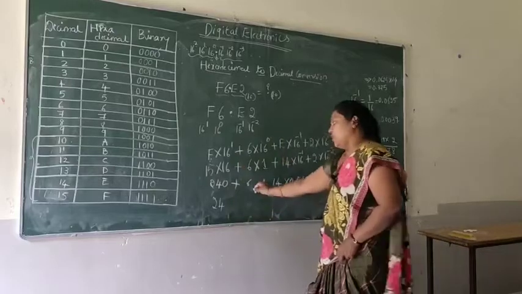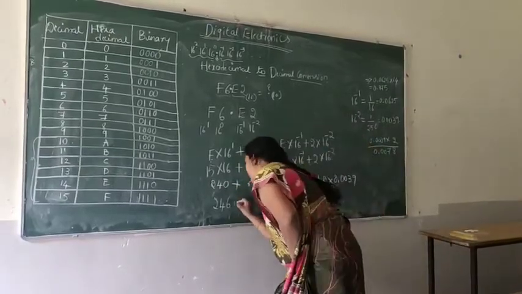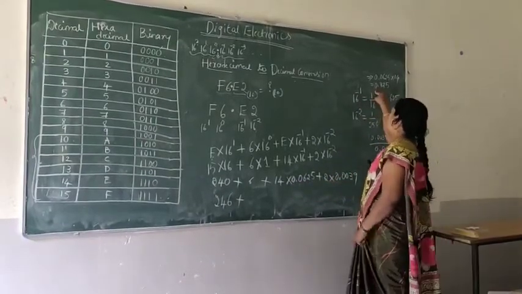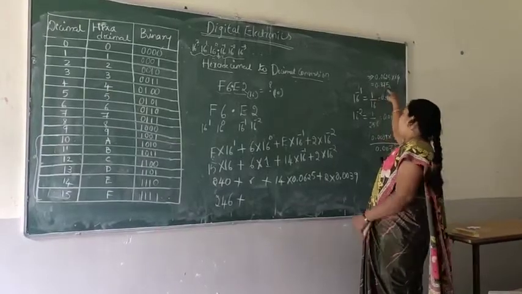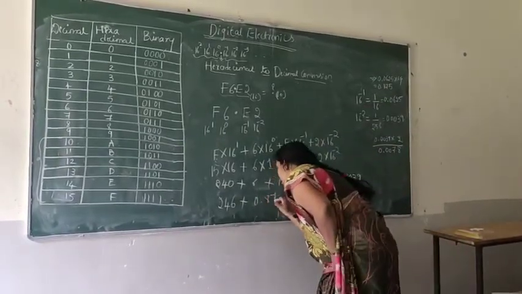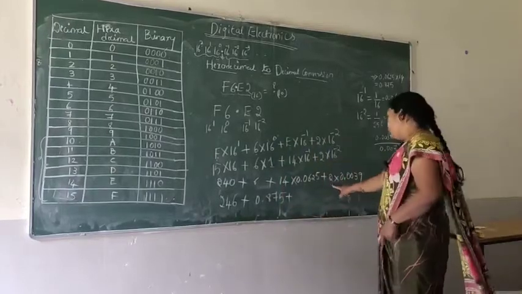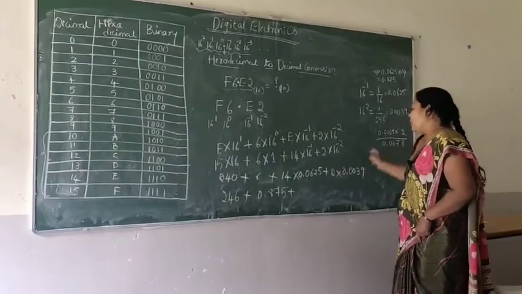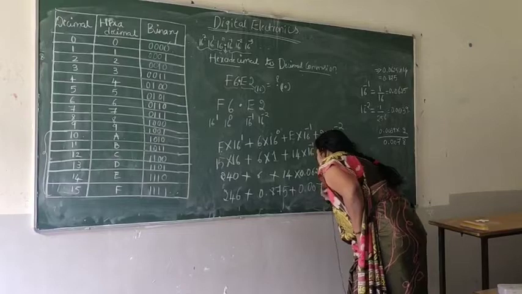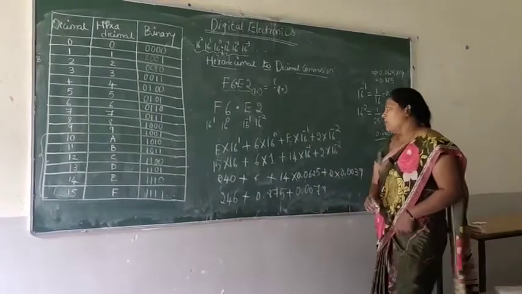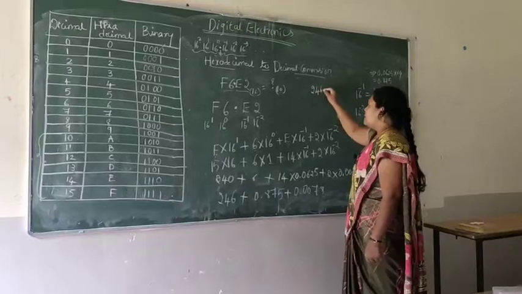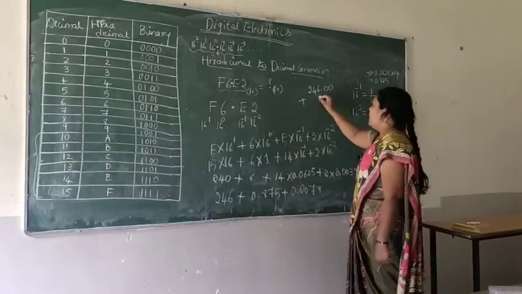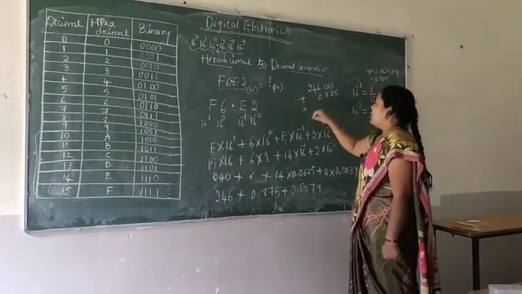240 plus 6 is 246, plus 14 into 0.0625. If you do 14 into 0.0625, you get 0.875, plus 2 into 0.0039. 2 into 0.0039 is 0.0078. Now we add these. We have 246, and since nothing is there you can put dot 00, plus 0.875, plus what you have to add,